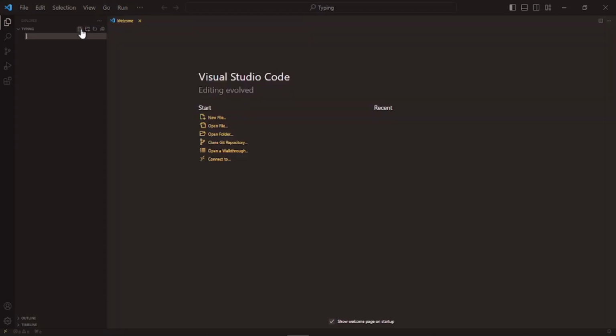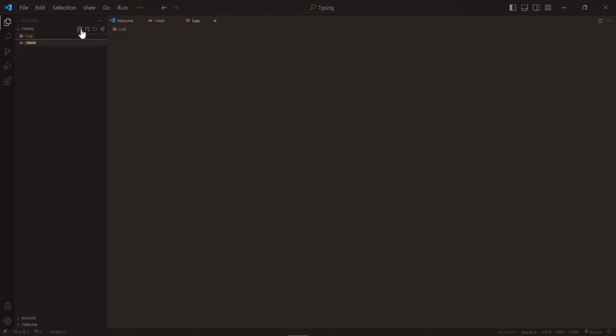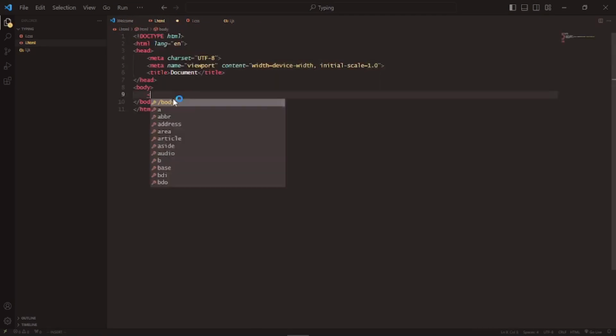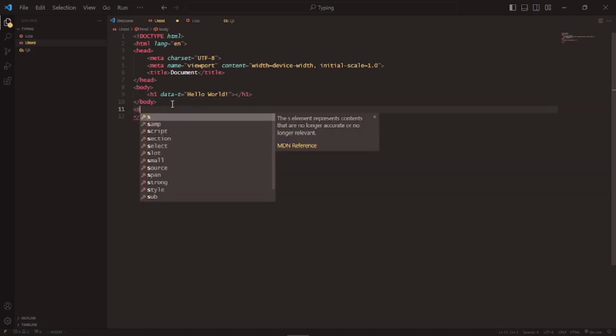Then I'll create new files: i.html, i.css, and i.js. So in the i.html, I write HTML5. I'll create an h1 and I'll write data-t equals hello world. Now this isn't the most efficient way to do it, but it's just